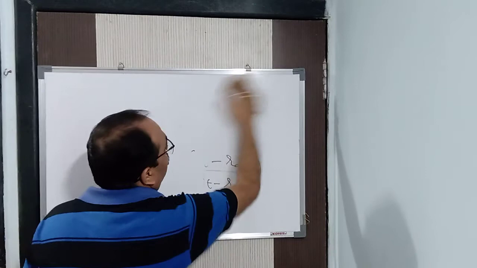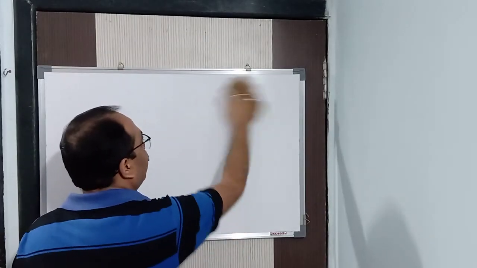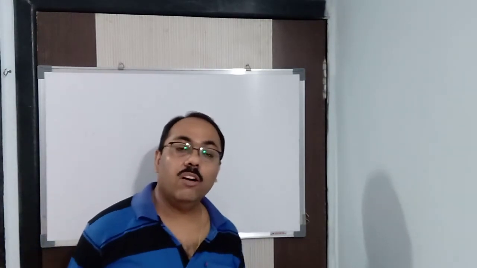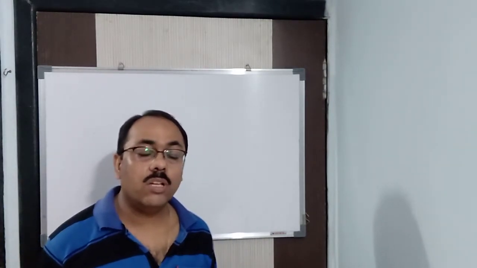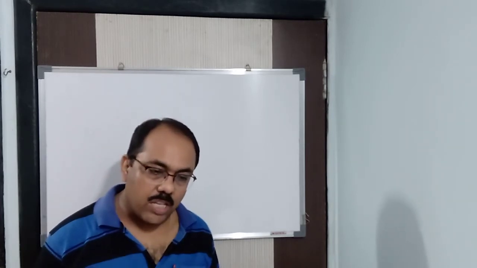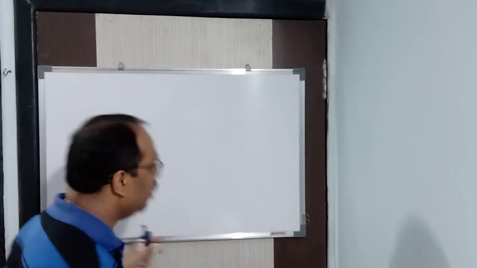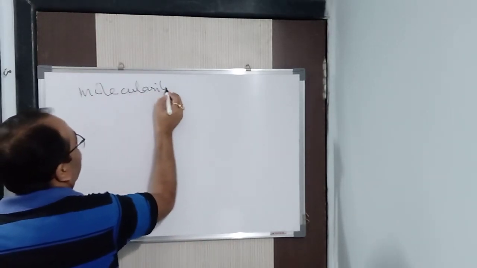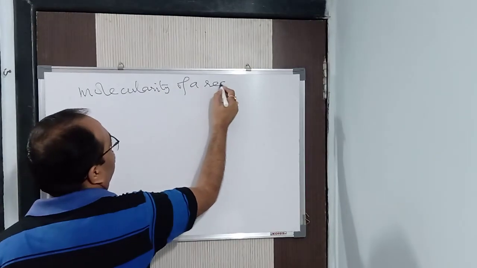Fine. So there can be different types of rate. It can be asked to you. Now next we are coming to the molecularity of a reaction. You are now studying about the rate of the reaction. Till now, you have been studying the order of the reaction. So there is also another term, which is called the molecularity of a reaction. Very simple it is.